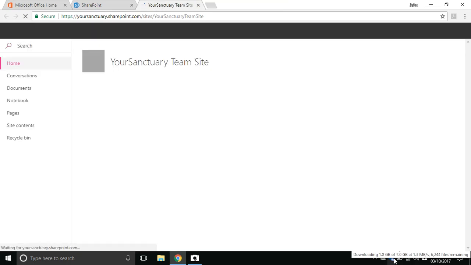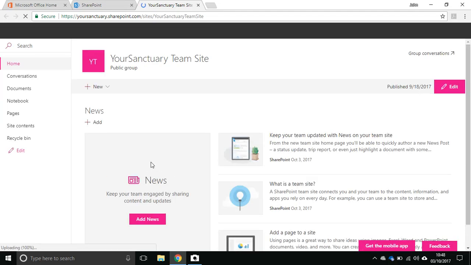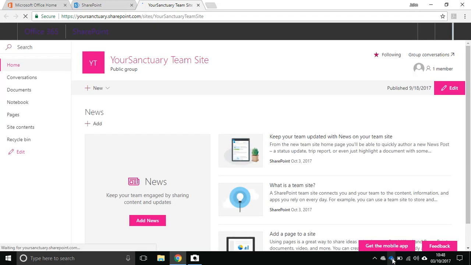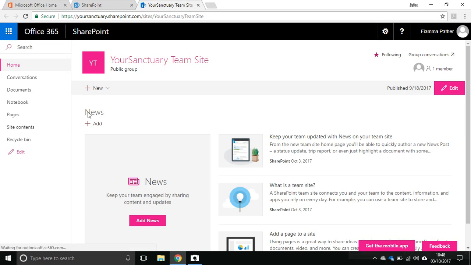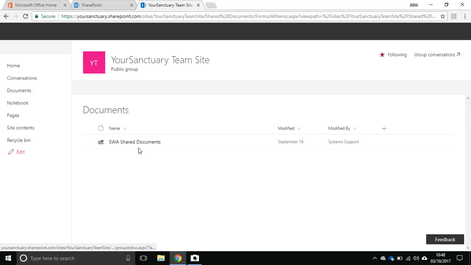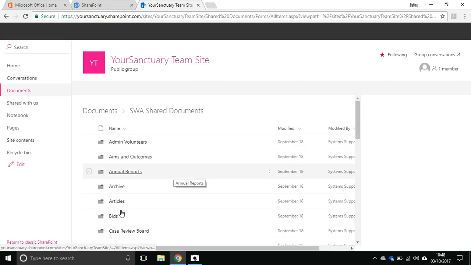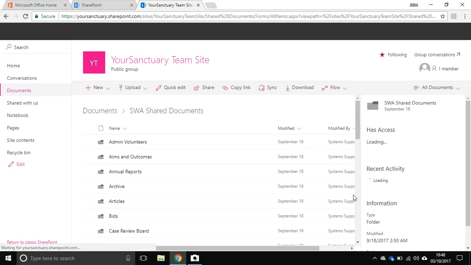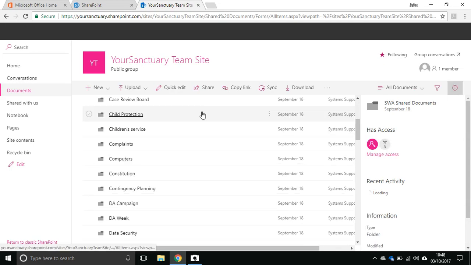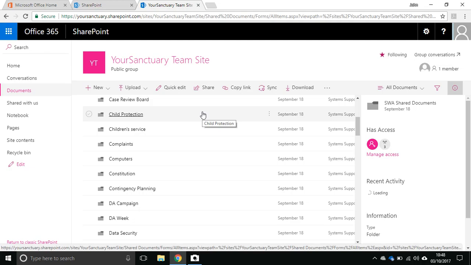My internet's running a little bit slow because I'm just syncing everything from that share to my local machine. I've just clicked on documents on the left hand side, and we'll see that shared documents area, and there's all the documents that I've got there. So that's working purely from the web and not my local machine.